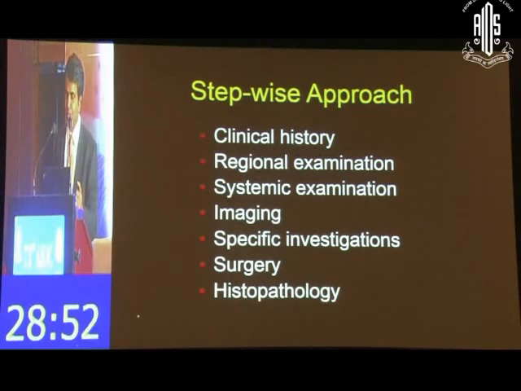A stepwise approach would start with a very good clinical history, not just a routine ophthalmic history but relevant systemic history as well, depending on the situation. Regional examination would include not just the eye but the entire face, regional lymph nodes and the rest of the body as appropriate. Systemic examination is part of proptosis workup. Imaging, MRI and CT scan, the discrimination, or just do an ultrasound B scan depends on your clinical suspicion based on the first three steps. Specific investigations would follow, and then surgery, and finally histopathology, and guided by histopathology you would necessarily give adjuvant therapy